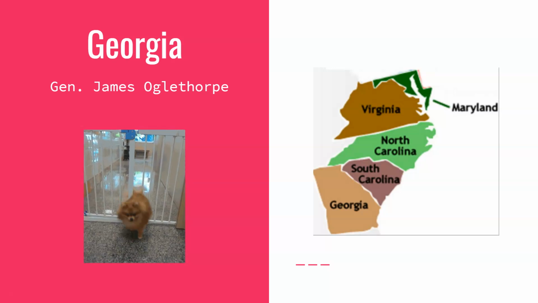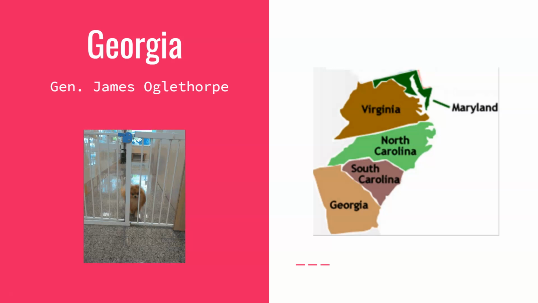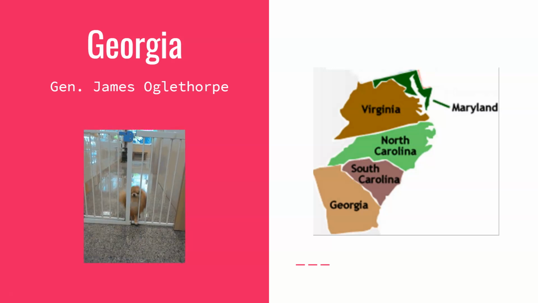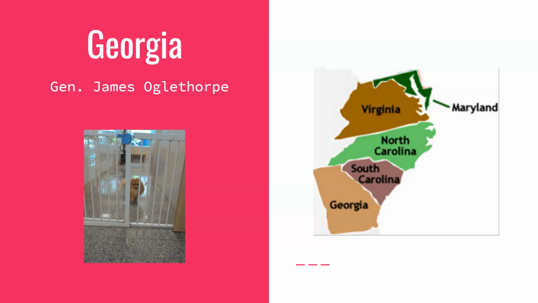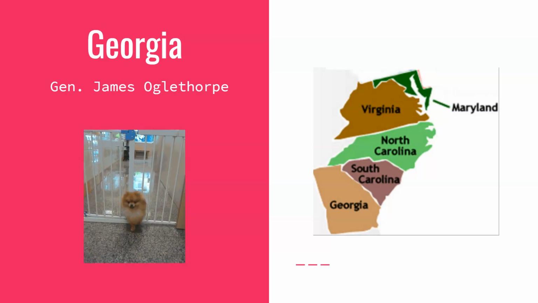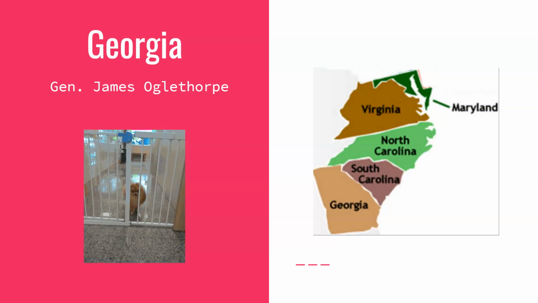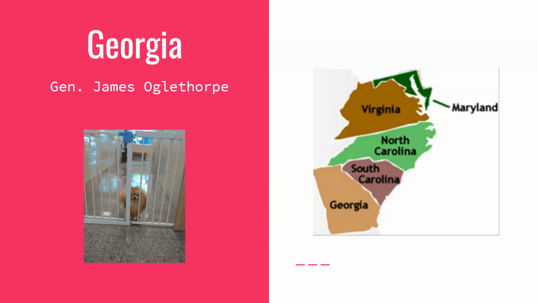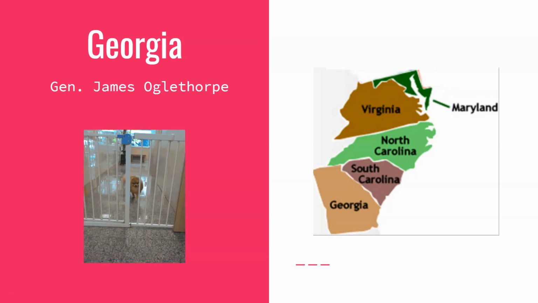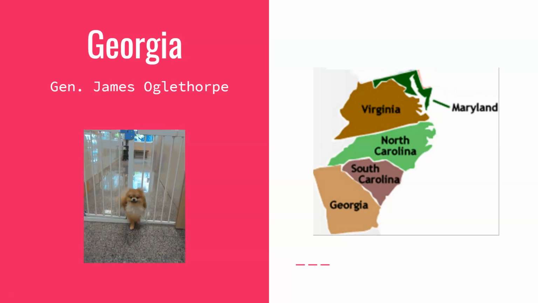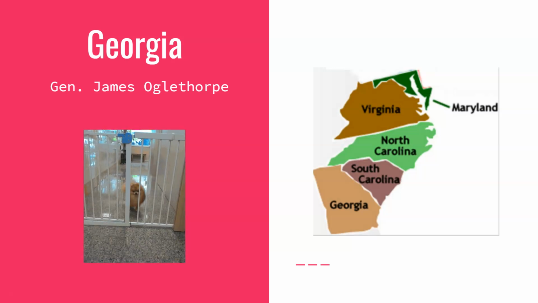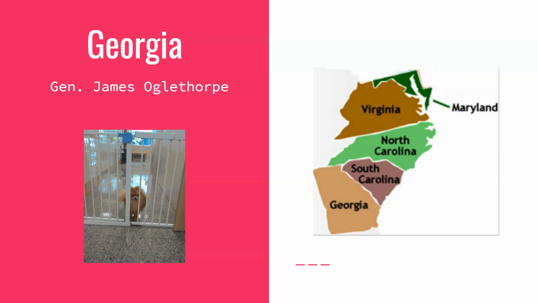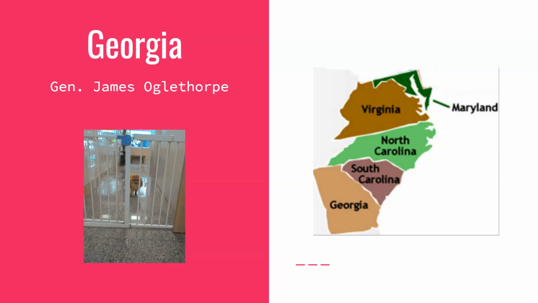The guy in charge of Georgia is General James, let me try to say this right, Oglethorpe, that guy. And he is indeed a general. Like I said, Georgia has to protect themselves against invasions of the Spanish in Florida. And so they actually nicknamed James our perpetual dictator because he was very heavy-handed when it came to Georgia, and